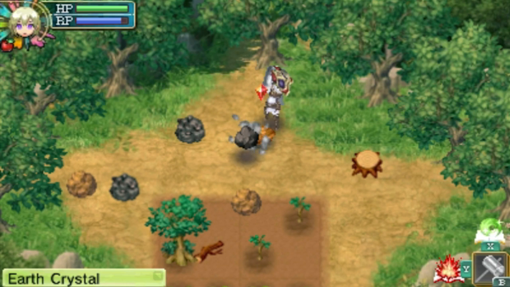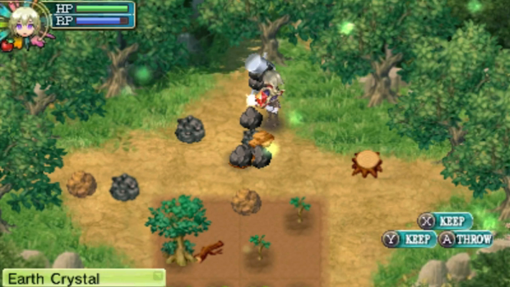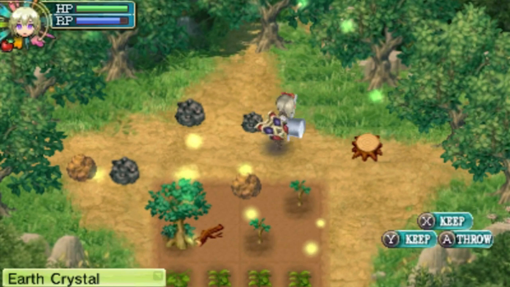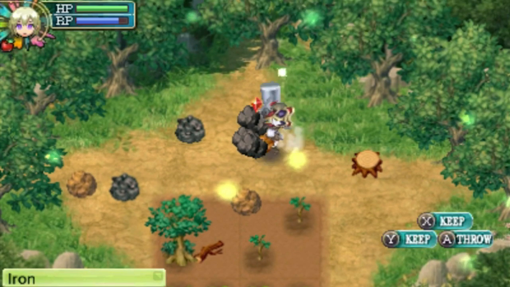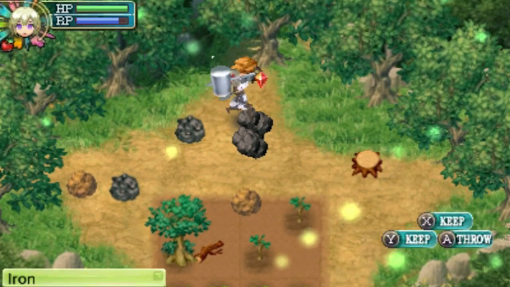Oh, this is something kind of strange. Occasionally, the mineral deposits you find will be really small, and despite that, there'll be a ton of ores you can get from them. Also, sometimes they'll be really big, and you might be able to get more from them too as well, and I got an invisible stone, which is... Those are annoying when you're trying to...